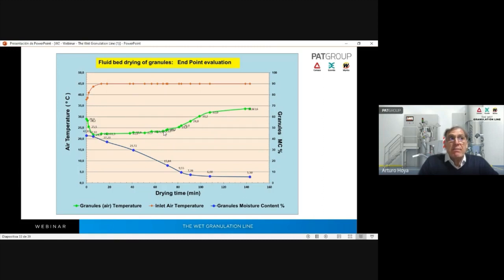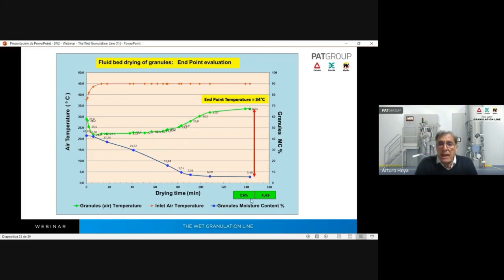But when the superficial liquid is out, the temperature begins to increase and the slope of the moisture content is lower too. So this simple experiment gives us the possibility to measure the endpoint temperature, in this case 34 degrees, and this endpoint temperature